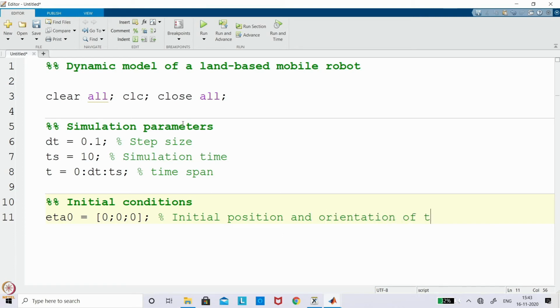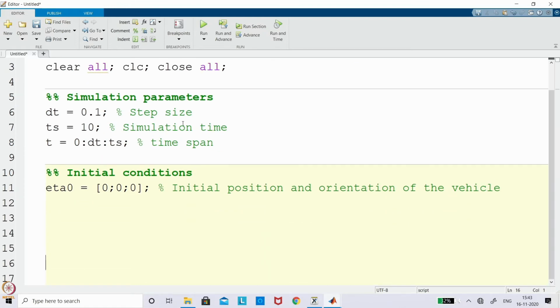Okay, of the vehicle. So then what you can actually see, I'll put it zeta. Because this is a second order derivative, the zeta dot we are trying to integrate. So in the sense zeta naught also I am taking, which is what you call the input command. So I'll write initial vector of input command, which is nothing but the body fixed velocities.